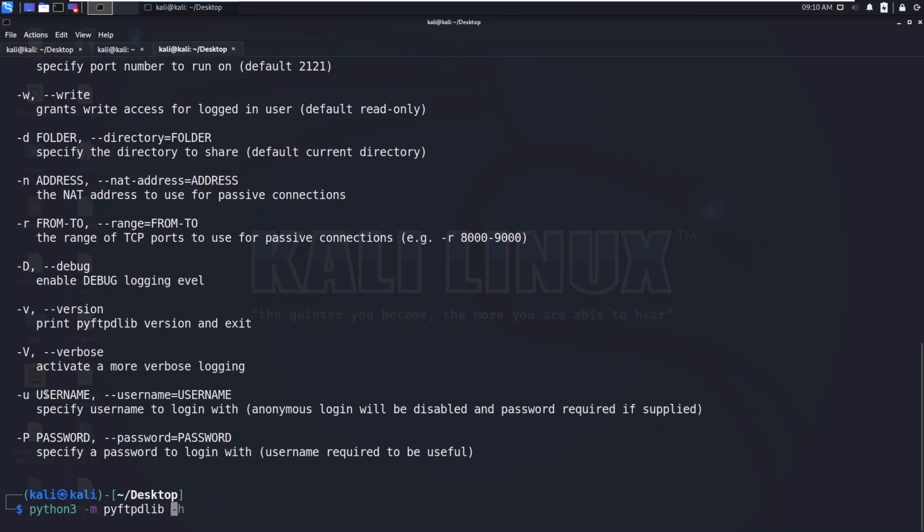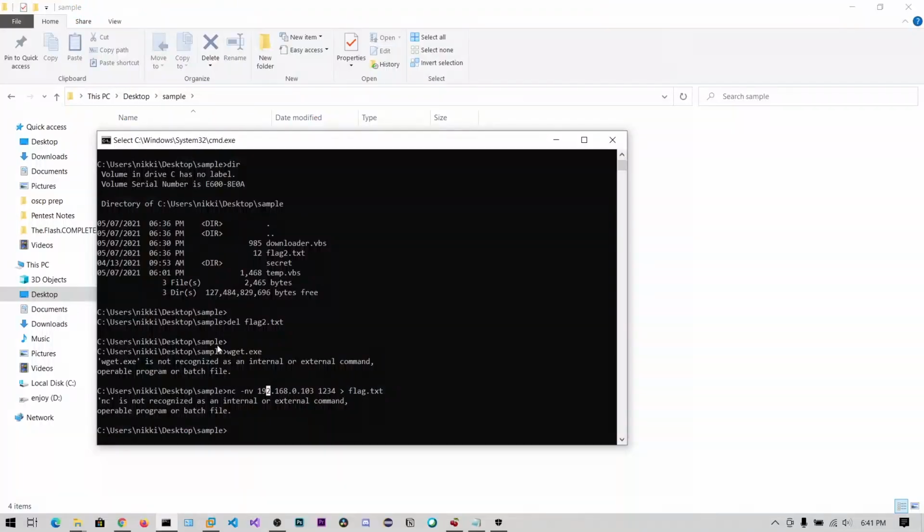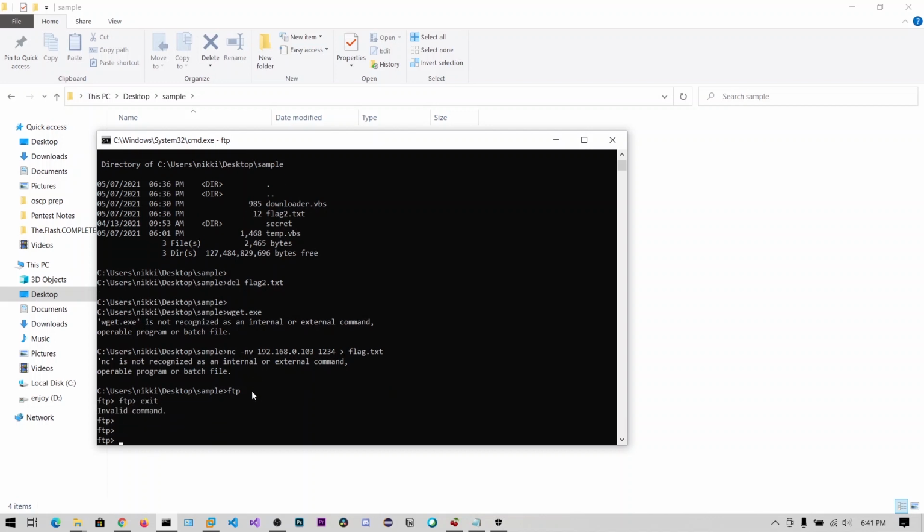I can specify like this if you want, so that no one else should connect over pyftpdlib. Also tech69 and hit enter. So you can see this server. I don't have an FTP client on this Windows machine, so I do have an FTP client. Sorry, I thought